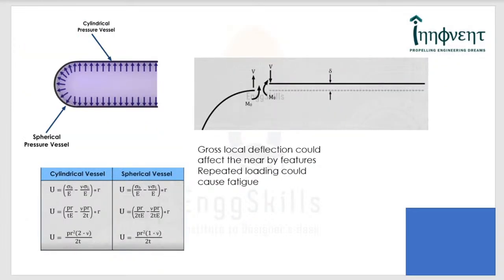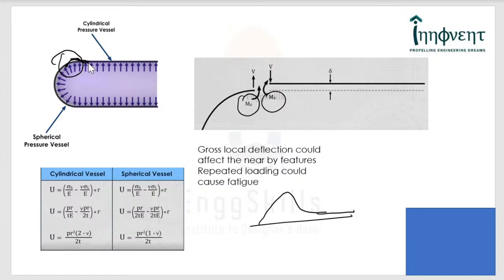Now if you look carefully, there is a resultant bending that is taking place at the interface, and because of which a stress is developed. This stress may not cause a burst or anything. It is also called secondary stress. It is a local stress. But what is important is that this stress rise at this particular point, that is at the junction, would not die out in a small distance. If the stress rises, it will take a certain distance for the stress to attenuate. That is, it rises at this juncture and it would attenuate over a certain distance.